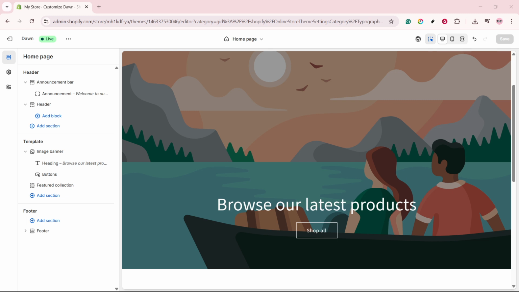First, to begin, you need to navigate to your online store theme within the Shopify admin. This is where all the visual magic happens. Once you're here, you're going to browse over to the theme settings. Think of this area kind of like the control center for your store's design. It holds all the keys to your customization options. It might feel a bit overwhelming at first with so many options, but don't worry, we're focusing on just one